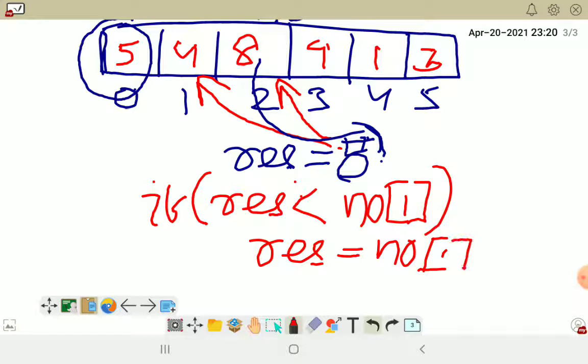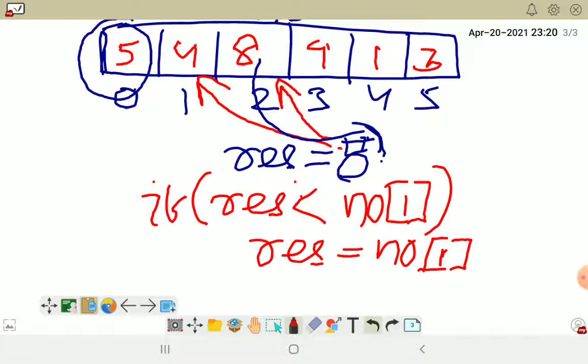If the result is less than no of i, only if it is yes, then the transfer of the value from no of i to result will be done.